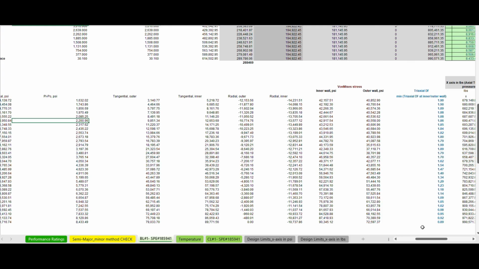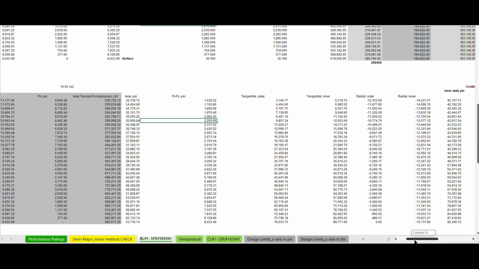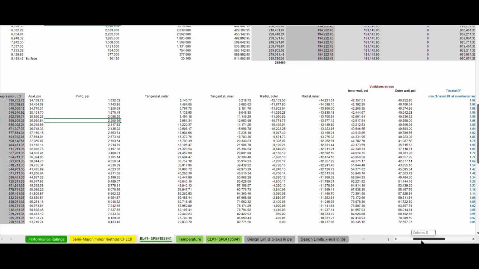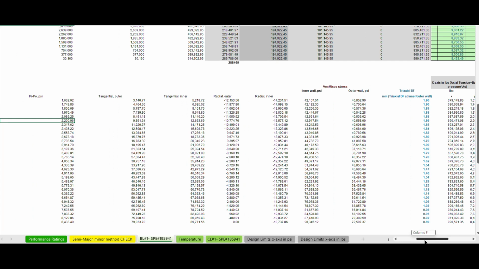principal stresses. So you have the tangential, the radial, and the axial. We already have the number from the final true tension profile, which of course we converted into stresses. Then you need to calculate both at the inner wall and the outer wall, by setting r equal to the inner radius at the inner wall, and r equal to the outer radius at the outer wall, and you take the highest number to be able to calculate the lowest design factor, the triaxial design factor,